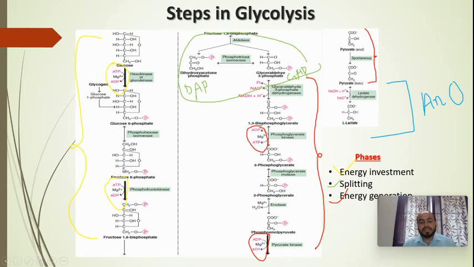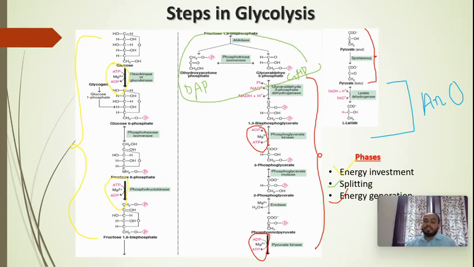What are isomers? We have studied them in our plus 2 levels. Because of the involvement of this enzyme isomerase, glucose 6 phosphate is getting converted into another isomer, called fructose 6 phosphate. Then the third step is, with another enzyme, phosphofructokinase, fructose 6 phosphate is getting converted into